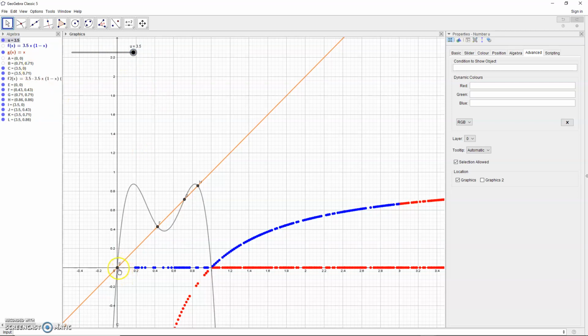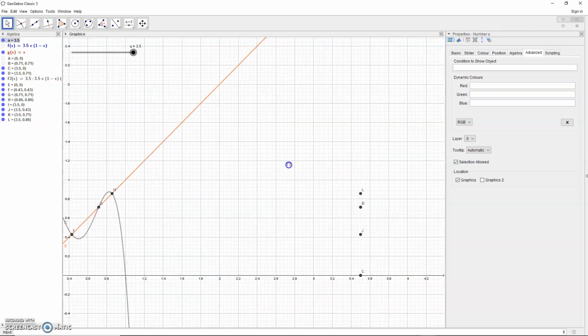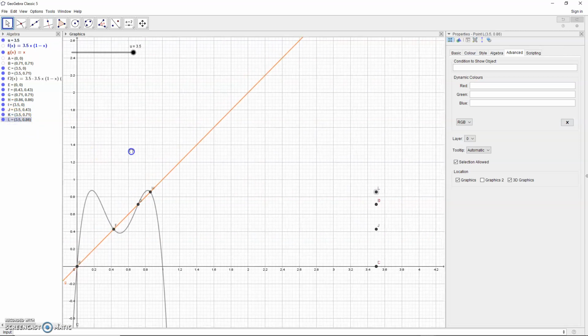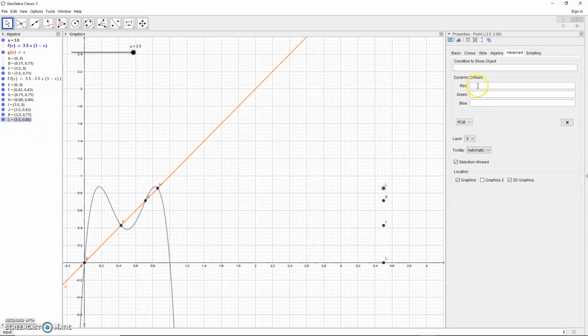From here, what we're going to do is we need to find those points. Where did they go? Well, they're over here. So what we're going to do is we need to try and change the dynamic colors again. And we can also use here to try and do that. So we know that L corresponds to H, so we're going to come back up to here. And this is a big change. We need to make sure that we're doing